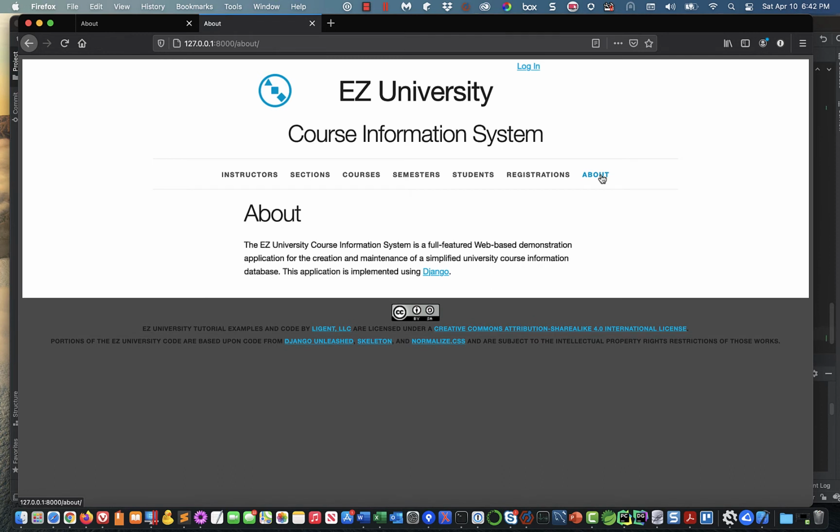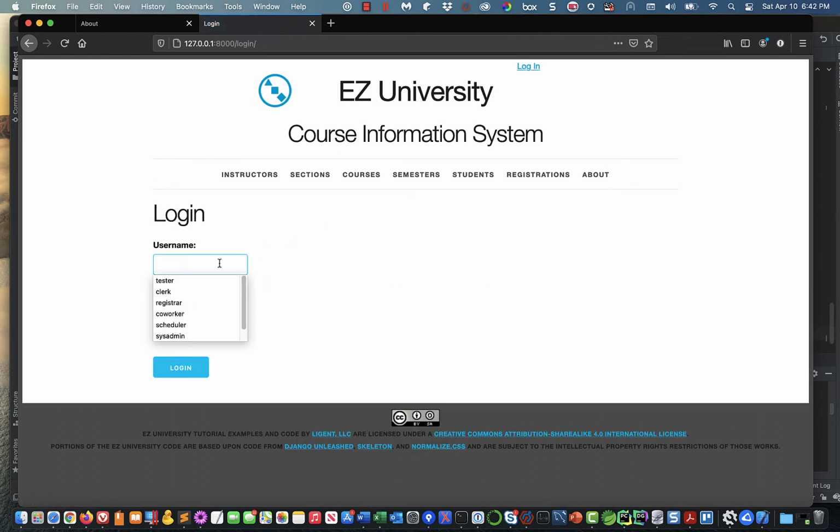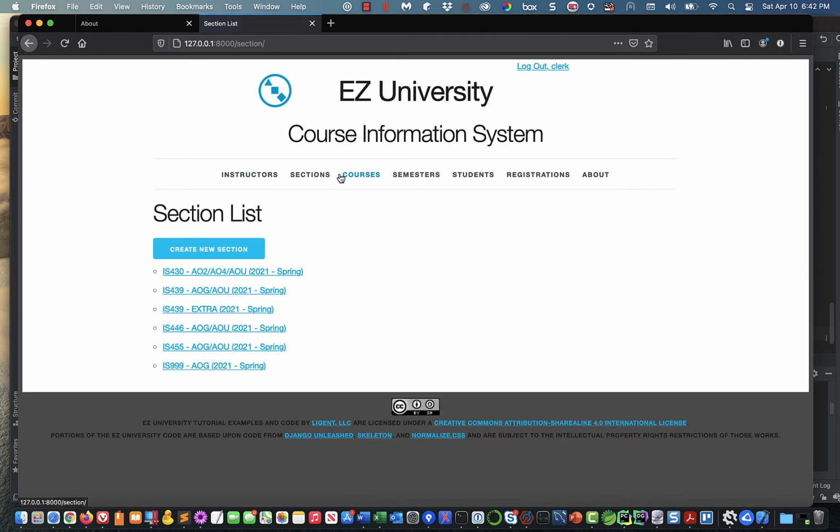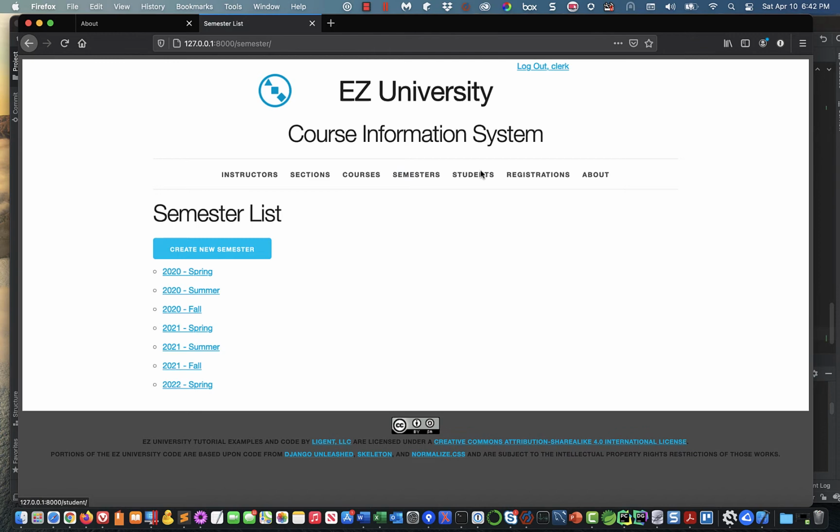All right. What if I log in as one of my users who's able to do things? Okay, so let's log in as the clerk. They should be able to see things. They should be able to do the list and the detail, but they should not be able to do the rest of the functions. So I'm logged in as the clerk. Okay. If I click on instructors, that's fine. Sections, courses, semesters, students,